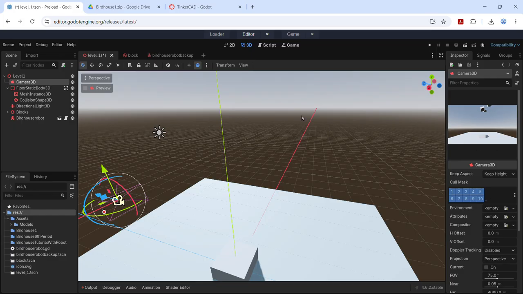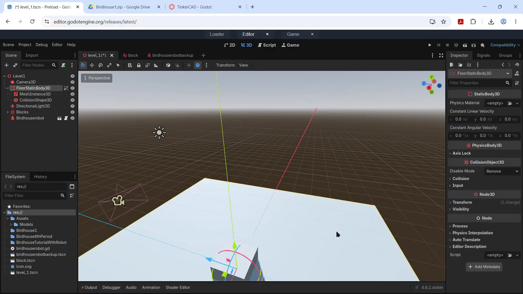Over here is the inspector page. Right now it's inspecting the camera. It shows what the camera's seeing. If I were to inspect, say, the floor, right here's the floor, I could click on the floor, or I could click on the floor in the game, and it shows all the things involved with the floor,